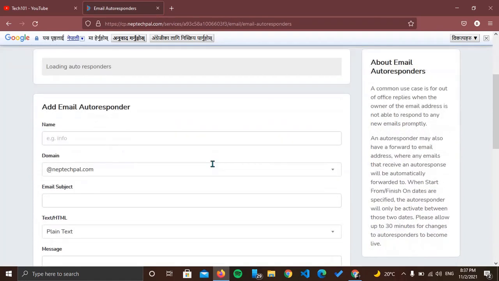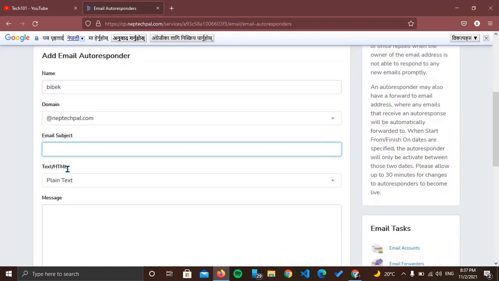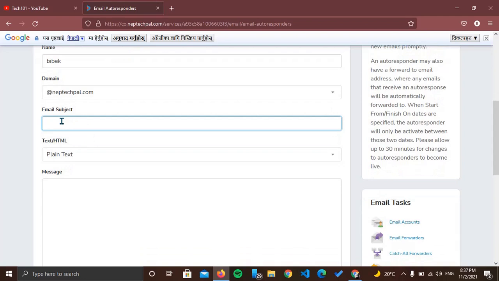Now you can see a form like this, and here in this field you have to enter the name in the email. It's Vivek and the domain is neptechpearl.com and the full email is vivek@neptechpearl.com, and here you have to enter your email subject. Let me enter "Vivek is unavailable"